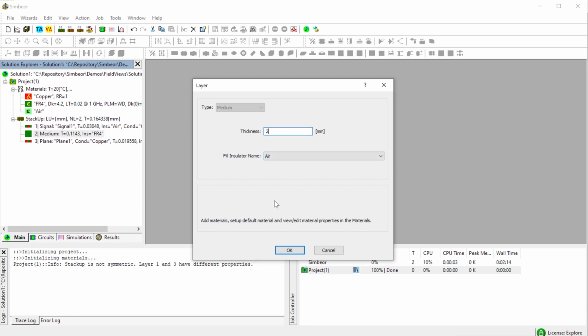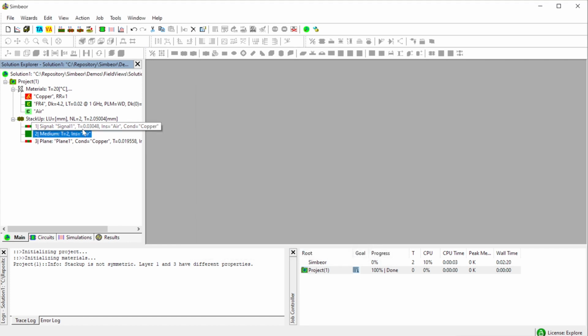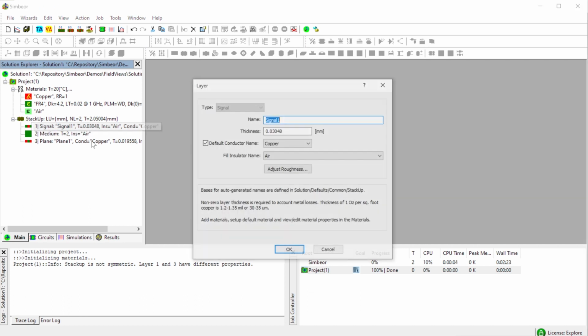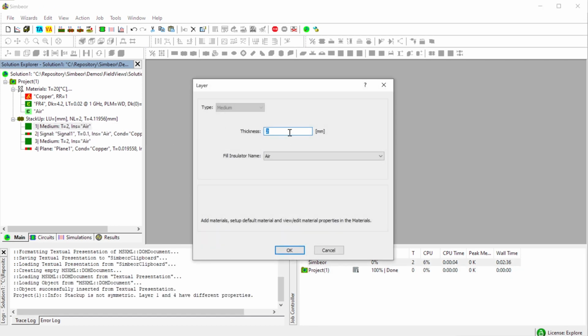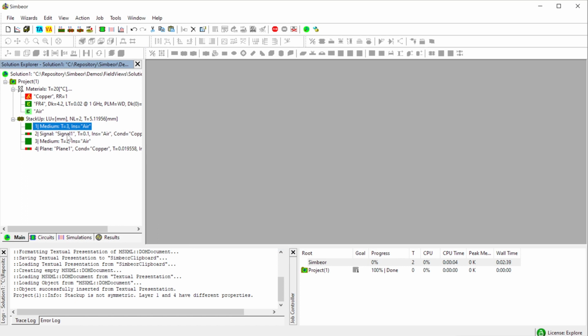Define a layer of air below the signal layer, 0.1 millimeter, the size of the wires. I need another layer on top. It's 3 millimeter. Copy, paste another signal layer on top, and another layer on top of it. So this is the stack up to do the